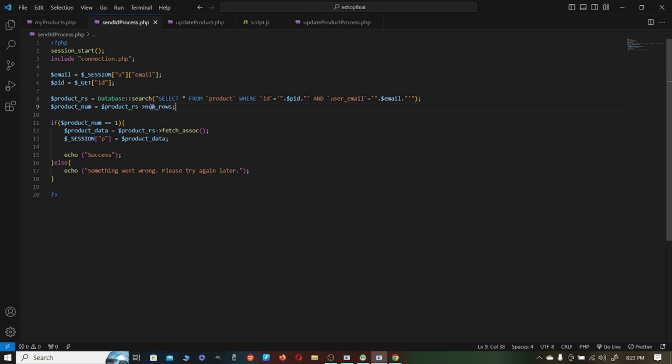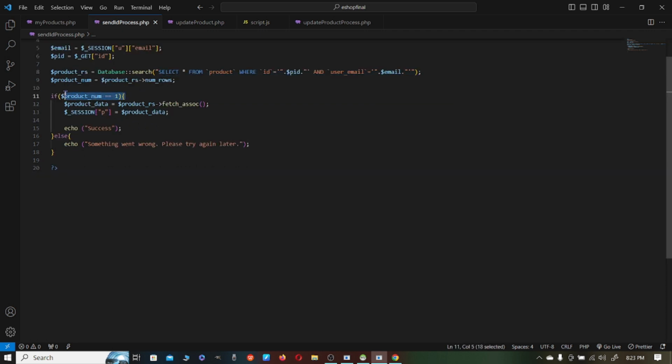And then we have calculated the number of rows of this result. If the number of rows of that result is equal to 1,